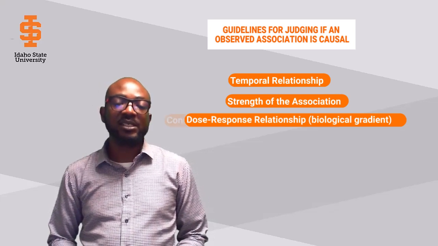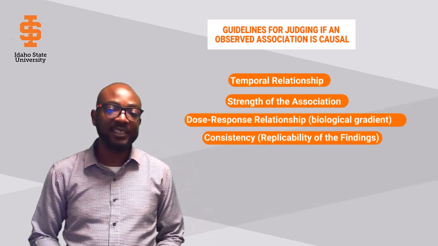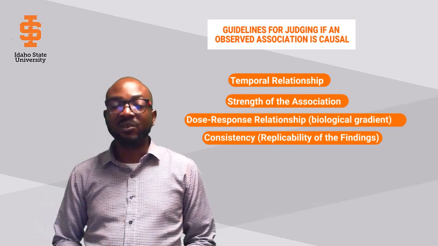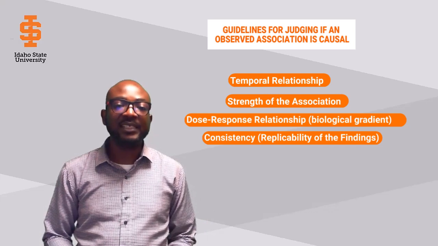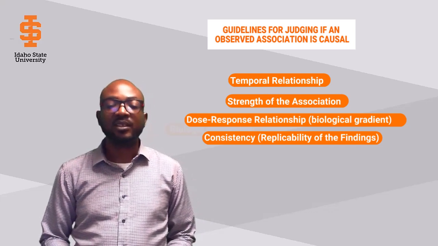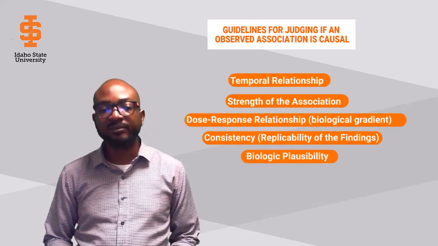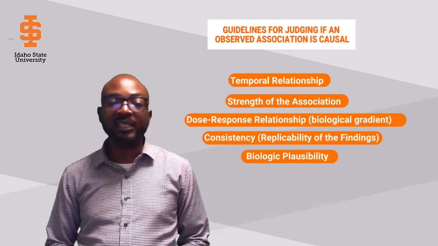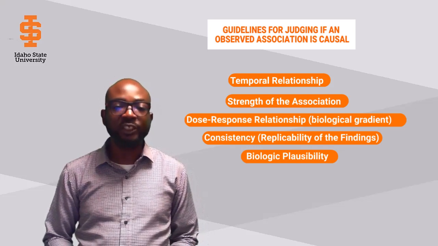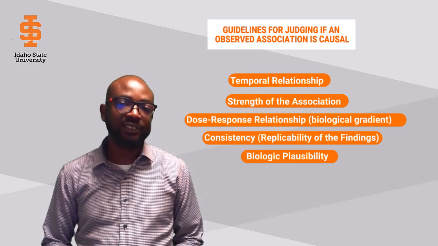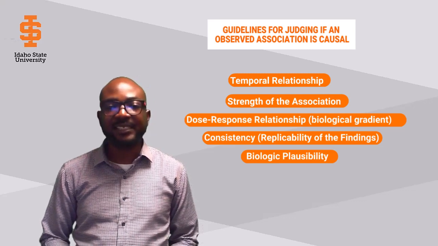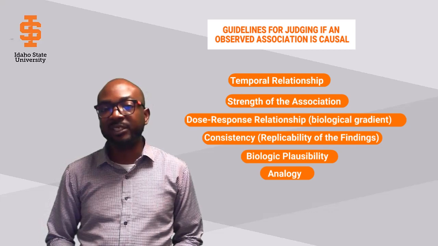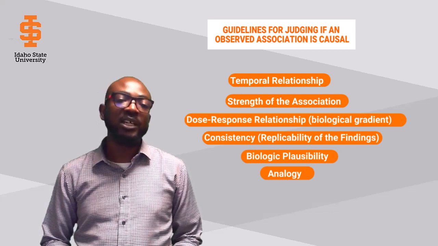The fourth is consistency or replicability of findings. If the relationship is causal, we would expect to find it consistently in different studies and in different populations. Number 5 is biological plausibility. This refers to the coherence of the epidemiologic findings with the existing body of knowledge on biological mechanisms and modes of action. Next is analogy, and this is simply similarity with other established cause-effect relationships, which helps to support the